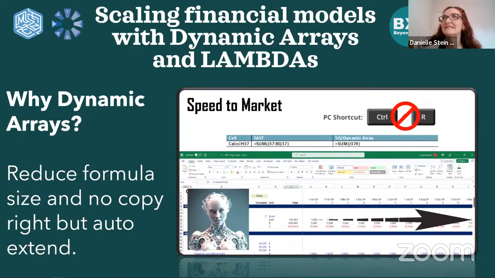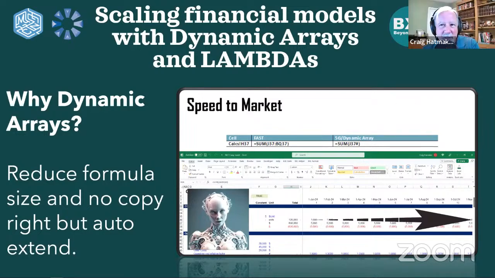Okay, so this is probably really important. A lot of people, particularly those that are fans of fast modeling, have been told the rule of thumb: make sure all formulas are no longer than your thumb. So on the left side, you see a fast sum, and you see the range that it has to cover. On the right side, you see a dynamic array with sum. That dynamic array will cover that entire range. It's a smaller formula. The difference is that pound sign. The pound sign says, I'm referring to a dynamic array as it is, but I'm going to have the entire range that dynamic array points to.